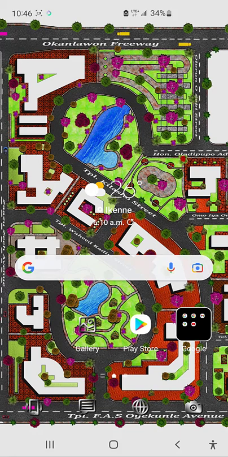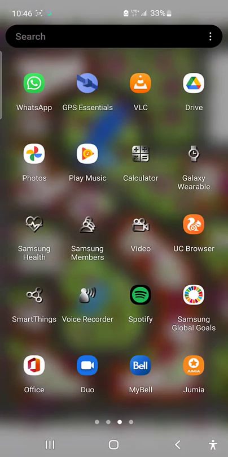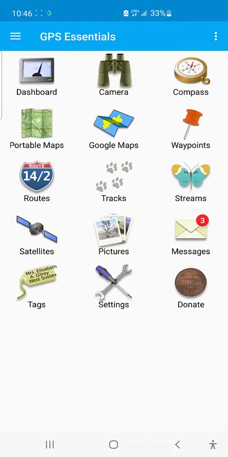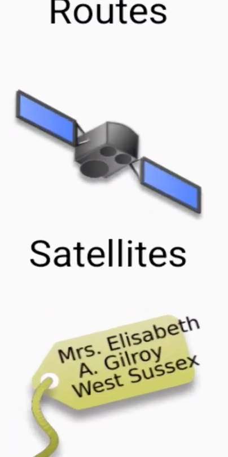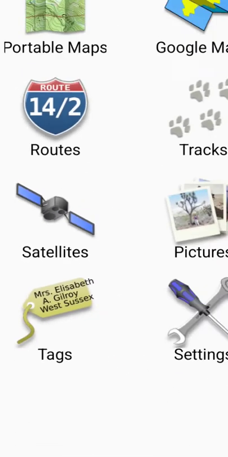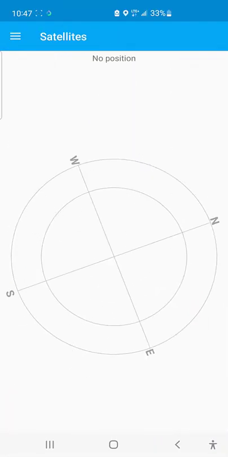Let's get started. I'm going to launch my GPS Essential. As you can see, I've already clicked on my menu and you can see the GPS Essential. I'm clicking on it now. I've now selected GPS Essential. Before I do anything else, I need to click on the satellite. You see the satellite now. Once I click on the satellite, you see